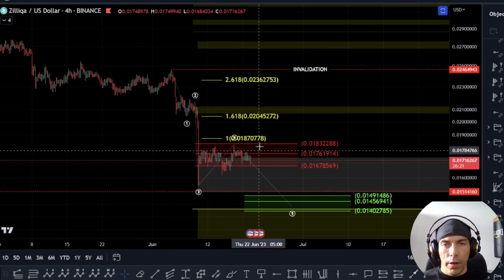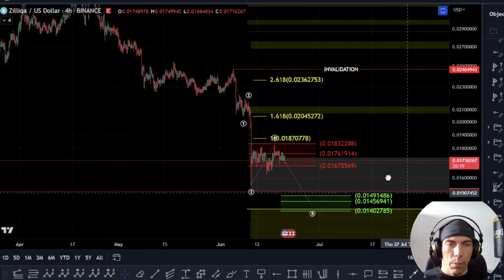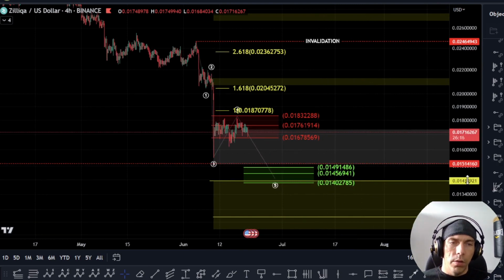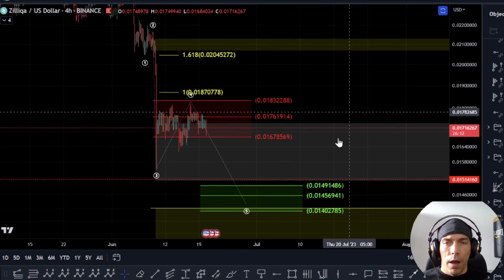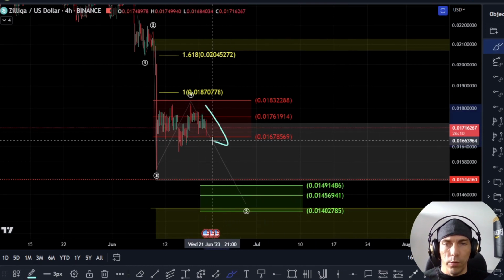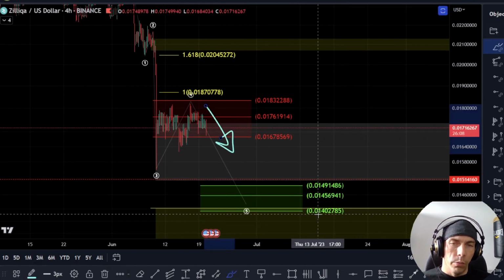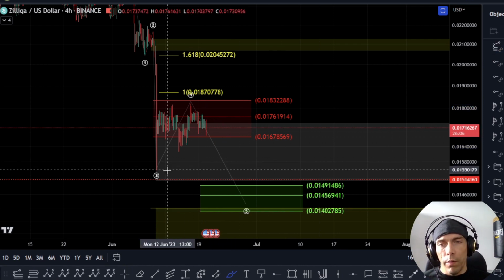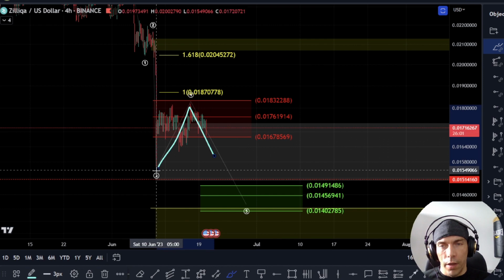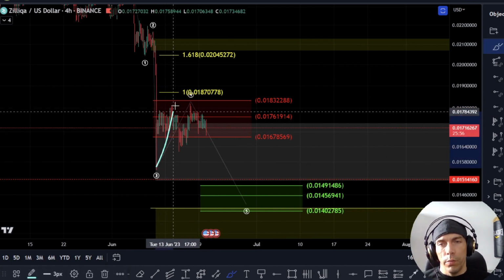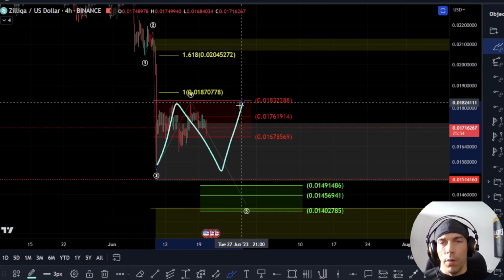Now, it could be something like a triangle, in which case we could still see that push to the downside. But what I want to see here is, for as long as we remain below this 0.183, I will be primarily looking for that possibility of price to start to break down in a 5-wave move. However, if we just get a move back to the downside here and we don't actually manage to take this low of this 0.154,